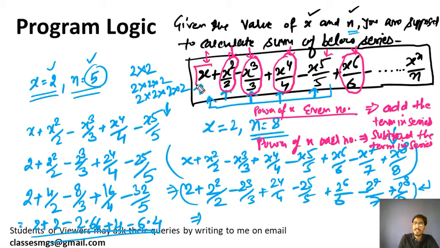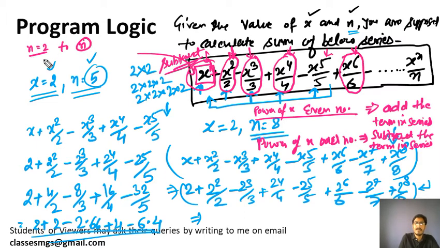This is the exceptional case. In this case the power of x is 1 and we are not subtracting it. So this is the odd man out. This is the only term that has an odd power of x and it is getting added. Don't worry, we will keep this term separate, and then we will apply the for loop from 2 to n